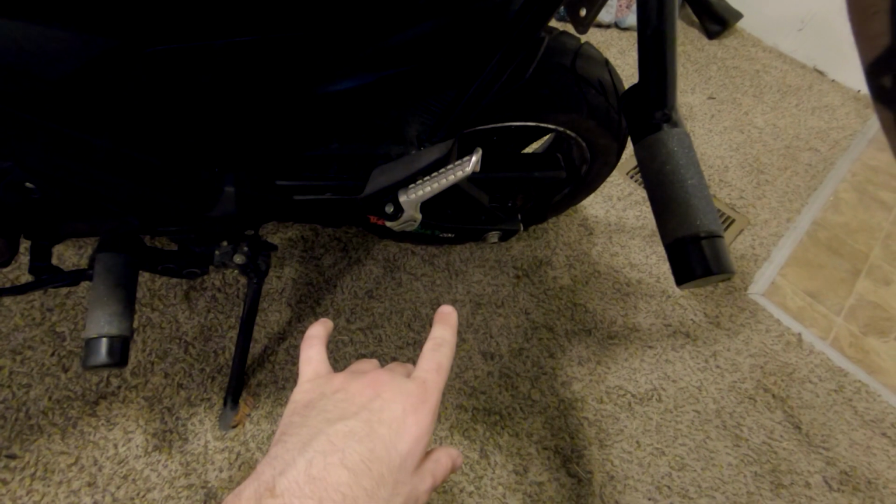Moving on back, I'm +5 in the rear for my gearing, and that's it. It's pretty conservative gearing for this bike, but it does well in the lot. It does pretty decent in the street. Moving on to my favorite part,